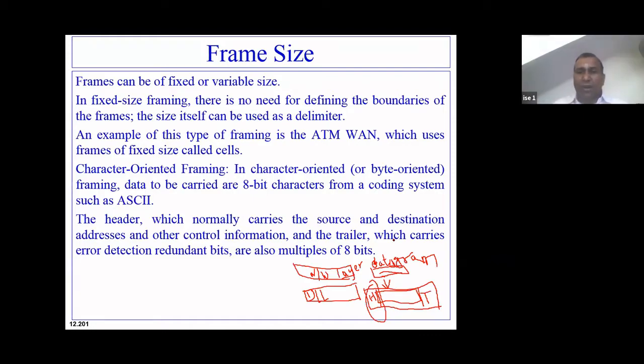All that is control information. And the trailer part is used for detecting errors during transmission.